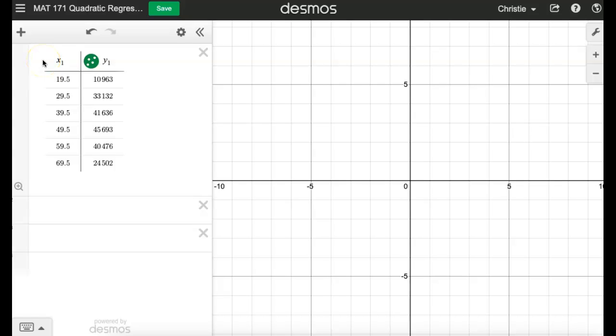Want to go through this video just highlighting some of the features of Desmos that you can use to answer questions in section 2.6 that may need quadratic regression. It's not going to be necessarily the exact problem the way it's stated in MyMathLab. So if you want to find a quadratic regression or graph it or use that regression to find other values